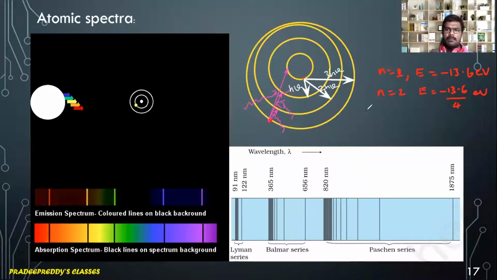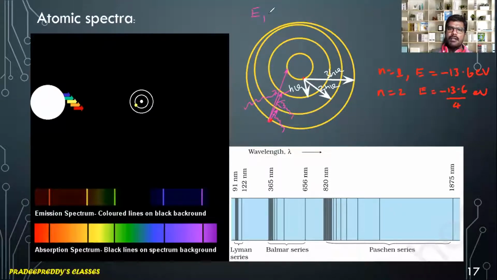If the electron is absorbing energy and undergoing a transition from lower energy level to higher energy level, it is said to be absorption spectrum. The same electron, if it is undergoing a transition from higher energy level to lower energy level, will release some energy, and that spectrum is said to be emission spectrum. And the emission or absorption of radiation by an electron in a hydrogen atom is given by the third postulate of Bohr's atomic model.